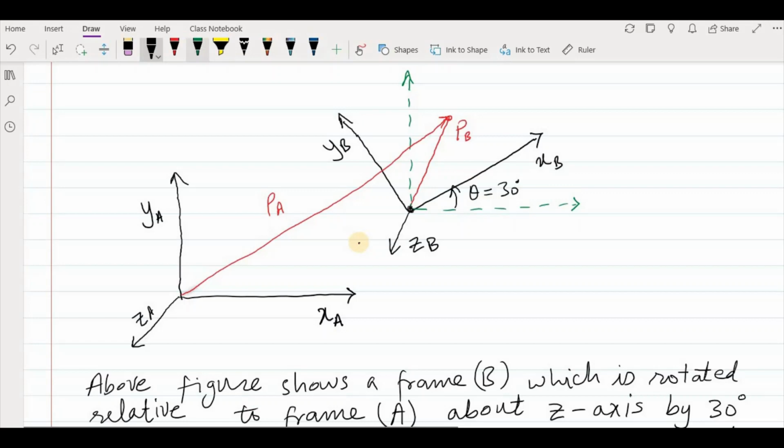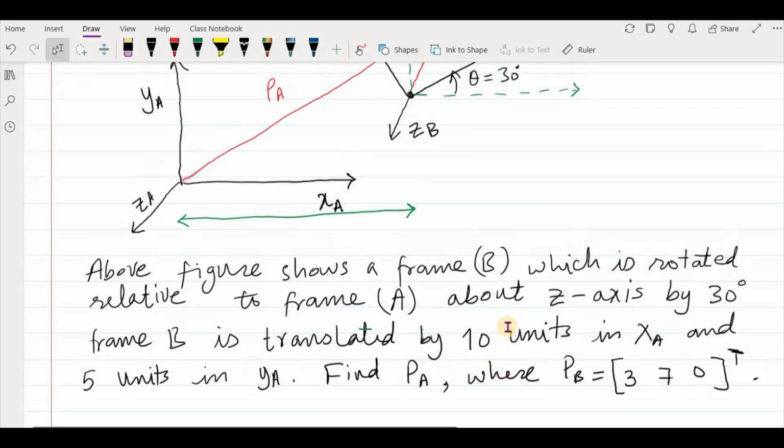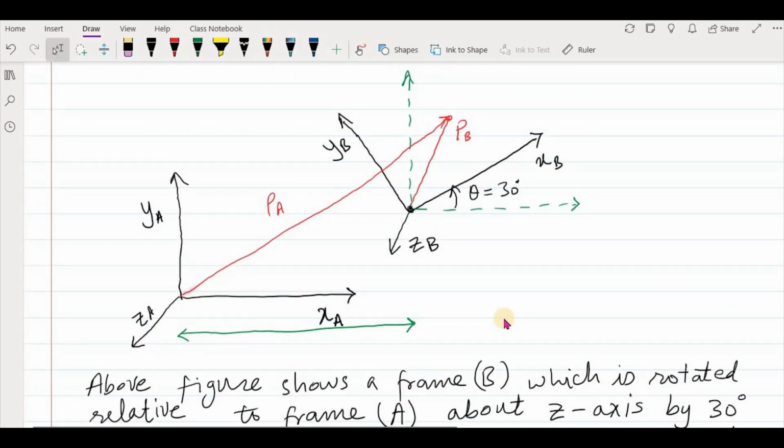So let me write it down maybe with a different color. So I'm just writing it like this. This green value, which is 10 units in the x-axis, which is here, 10 units,